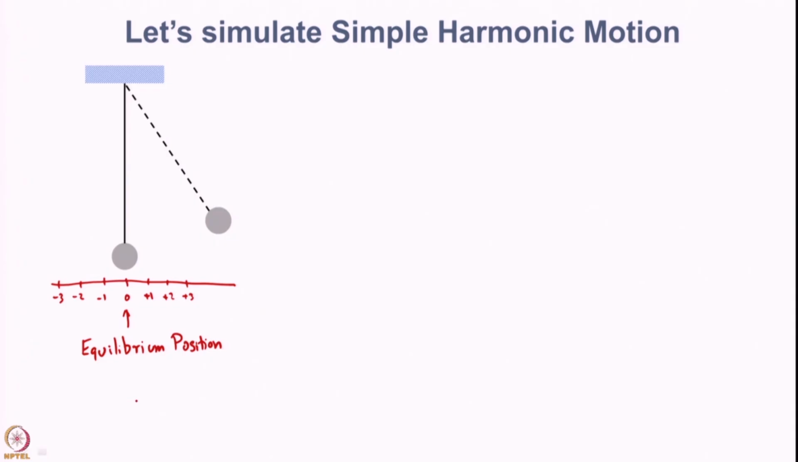Or in system dynamics parlance, we can call this the desired position. That is, what we are saying is, this is the desired position of the pendulum, and wherever it is while it is moving, the pendulum will always try to come to this desired position or the equilibrium position. Now, suppose we move the pendulum a bit to the right,